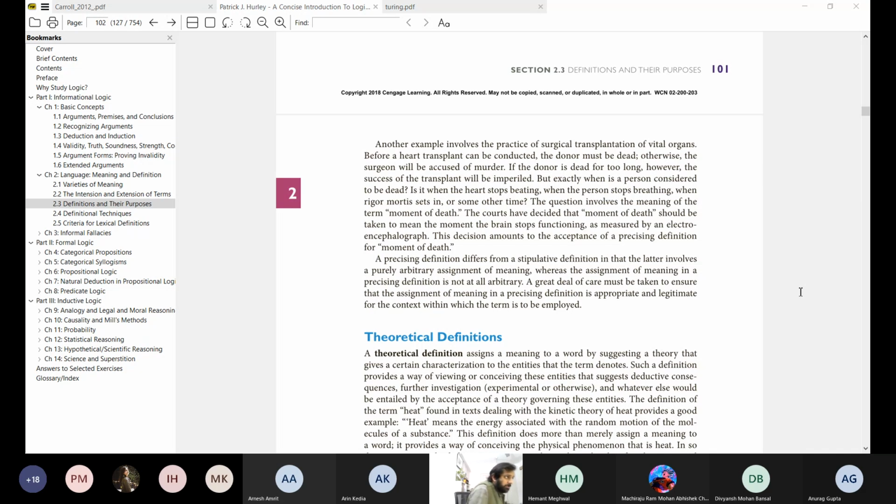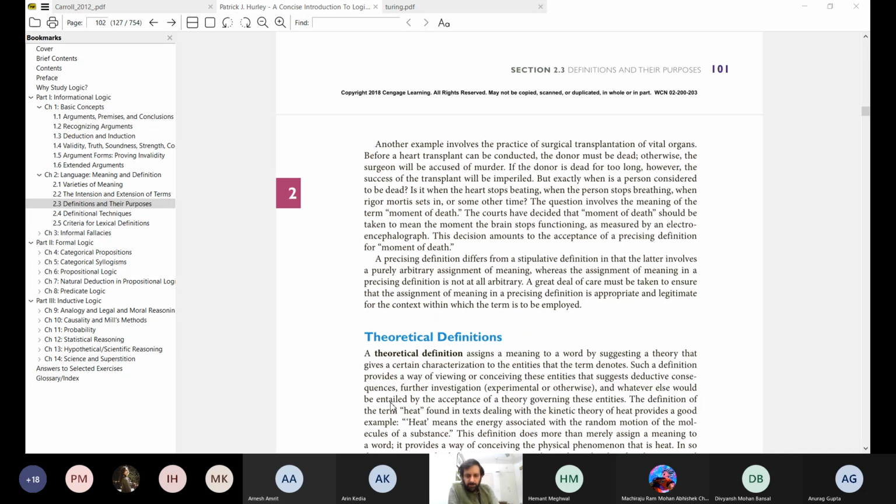So good. So again, the take-home point from here is to say, even though in many cases you can give a variety of precise definitions for the same term, and in some contexts, once you give those definitions, it'll be clear that people are not talking about the same thing. In particular contexts, some precise definitions will be more useful or more appropriate than others. That's the second point to note. The third point